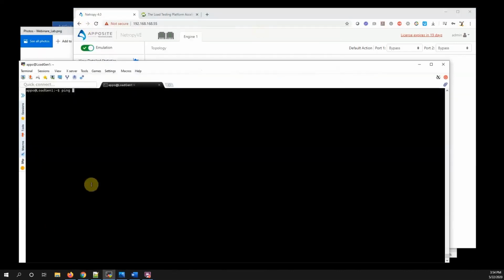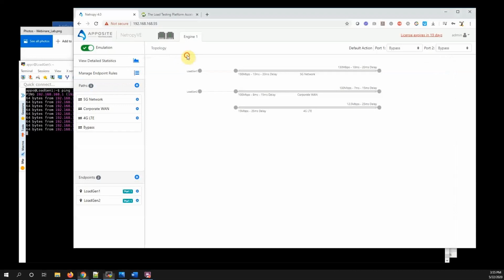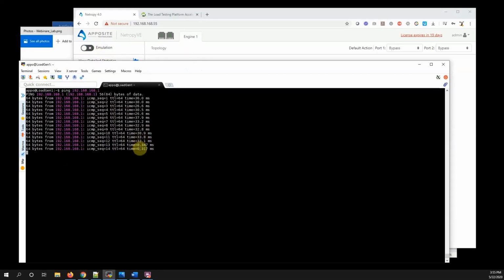So, ping 192.168.168.1. I do believe that's my gateway. As we see here, I'm getting 30 milliseconds, between 30 and 20 milliseconds of jitter. That's because emulation is turned on. If I turn it off, we now see the ping time go down to 0.